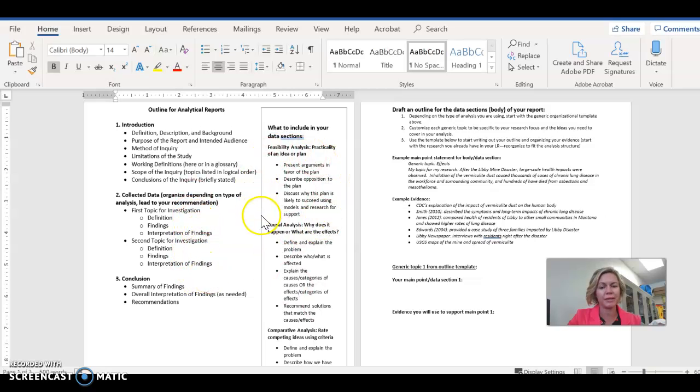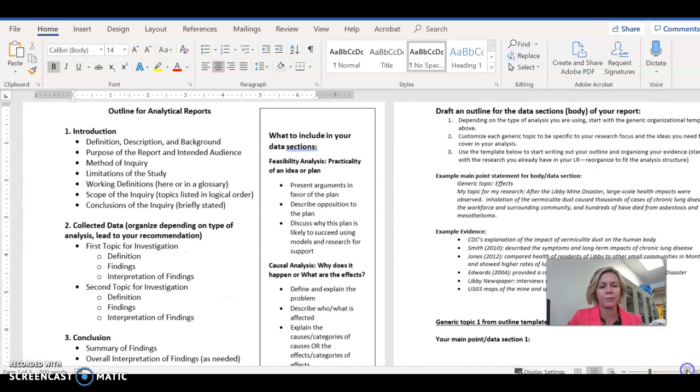So you're going to take these topics and substitute them in over here depending on the type of analysis that you want to do. So the body of your report is your feasibility, causal, or comparative analysis, and this guide gives you some topics that you might expand and build out depending on the research you have so far, and again, depending on whether you're doing feasibility, causal, or comparative analysis. On page 2, it gives you an example of how you could start to build out that body section into an outline. So the example here that I wanted to show you is from that report about the Libby mine